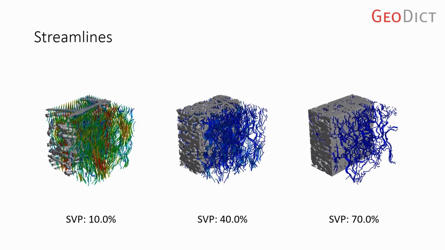So the first slide, let me just zoom this. The first slide compares 3 different structures, as you can see here. These are fiber structures with different solid volume fractions, 10%, 40%, and 70%. And it computes the flow velocity through it, and then it renders streamlines, which shows how the flow wanders through the structure basically. And you can see that the velocity is reduced here because the dark blue corresponds to a slower velocity in these denser structures.